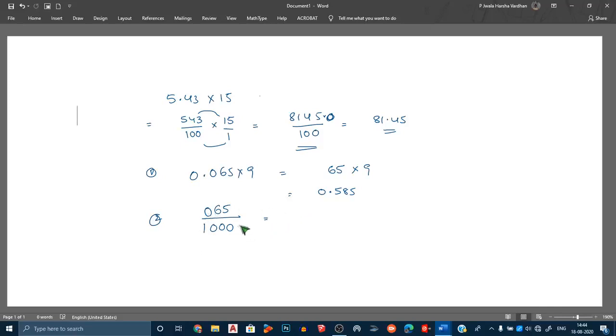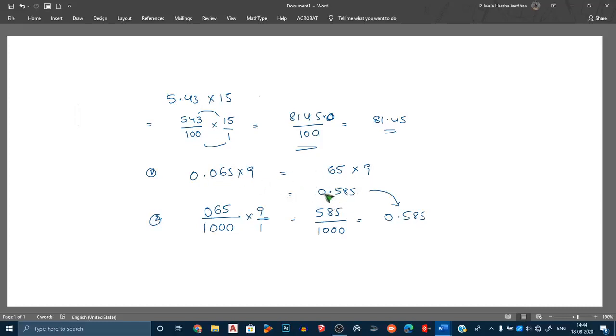So now you have to put the point. This is not a division you have to do. So multiply this directly, 9 by 1. Multiplying this, you will get 585 by 1000. Okay. So now you can write it by leaving 3 digits, 0.585, which is exactly equal to this one. So you can omit the decimal point, multiply, and after that count the number of digits and shift the decimal point to the left.